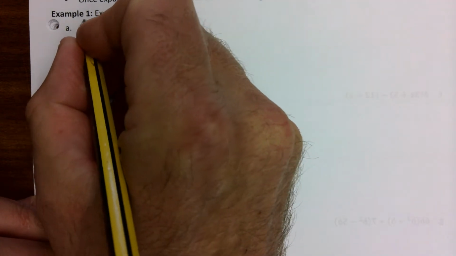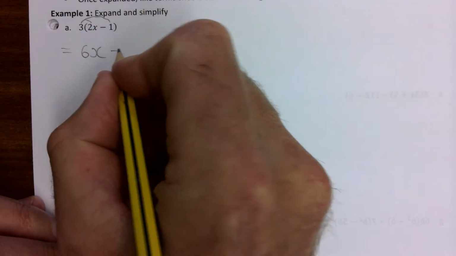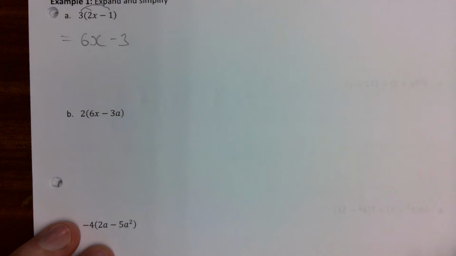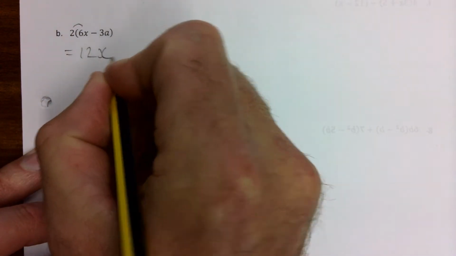Here we need to multiply the 3 by the 2x. That gives me 6x. And then the 3 by the minus 1. That will be minus 3. Second one. Then 2 times the 6x, 12x